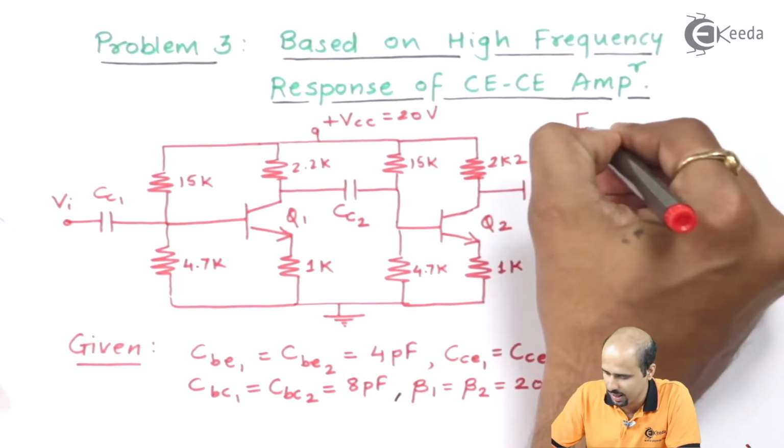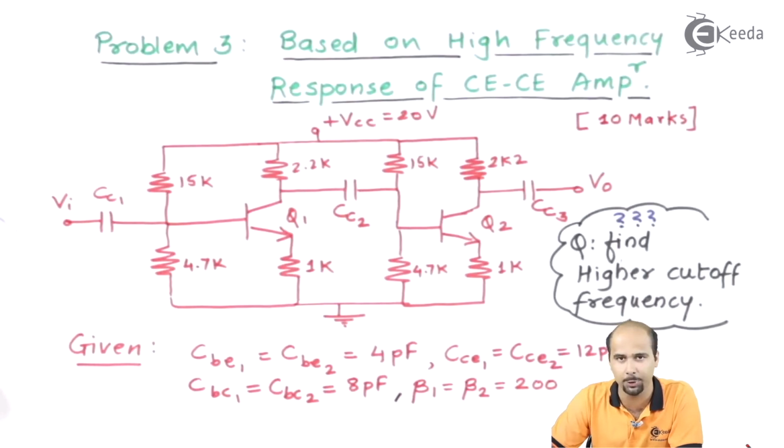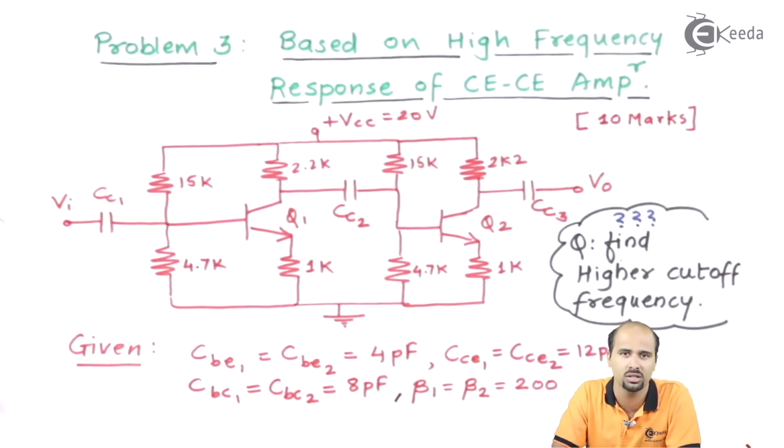This question they may ask you for 10 marks. This is because the 10 marks get split up into three parts. First is your DC analysis, where we will get the values of gm and small re, which are the parameters responsible for finding the voltage gain. Then we will find the value of the voltage gain, because the higher cutoff frequency depends on the Miller capacitance, and this Miller capacitance depends on the voltage gain, and the voltage gain depends on the values of small re and gm, that is transconductance, and these values we get from the DC analysis.